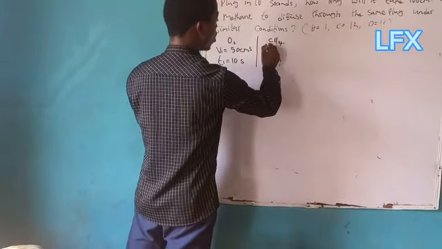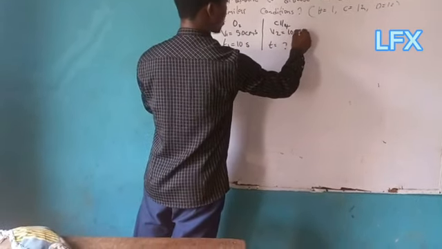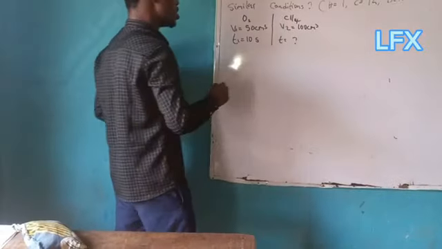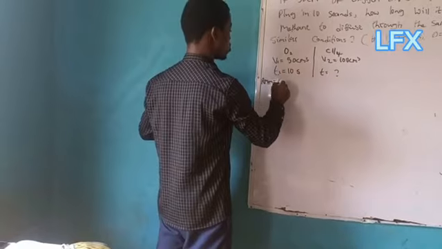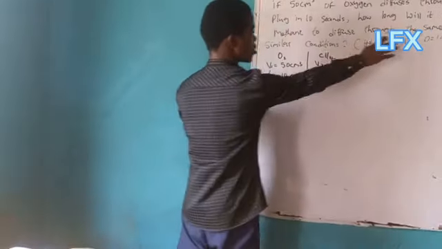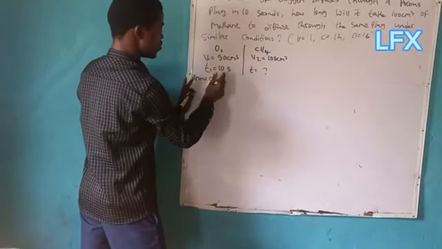But the volume of the methane, V2, is 100 centimeter cube. And the relative molecular mass for O2: oxygen is 16, 16 multiplied by 2 gives